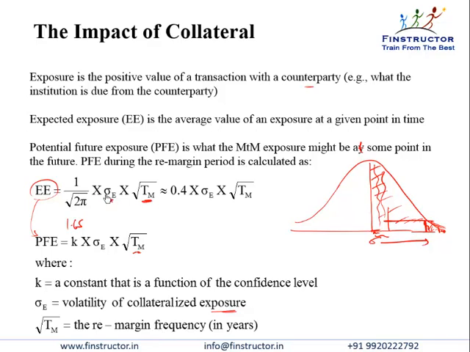Please note, the volatility will be in years, so even Tm should be calculated in years. If it's 10 days, then it will be 10 upon 365 years. So the expected exposure within the remargining period is expected to be to the tune of 0.4 into the standard deviation of the exposure into square root of Tm, and potentially